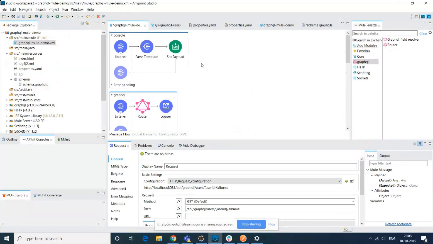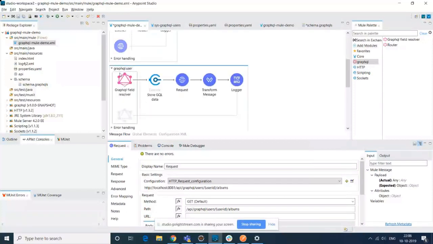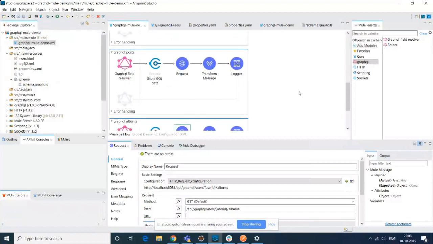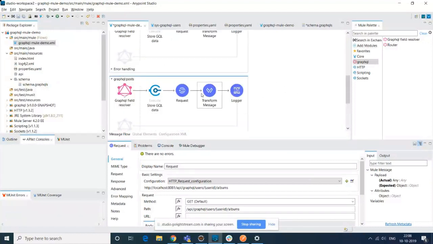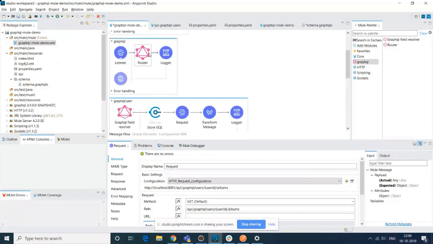The normal API Kit router will only see what request a user wants, and it will route it to a particular flow. But in this case, it will intelligently check what all requests they want. It will intelligently route to only those requests which the user wants, I mean, only the user and the post request. And this will run in parallel, and all the data which is coming out of that will be aggregated